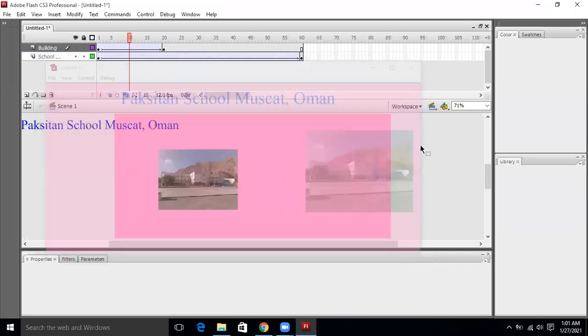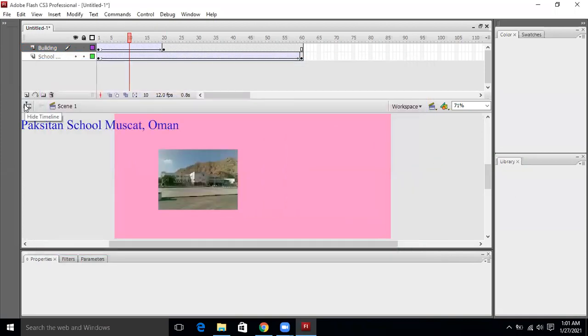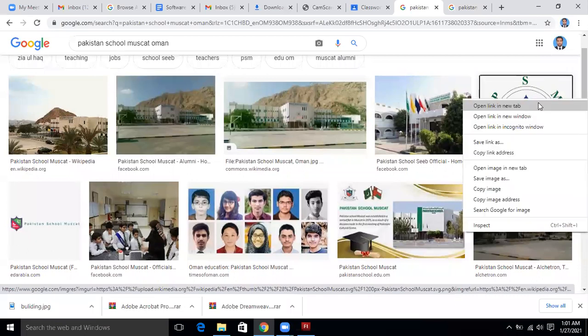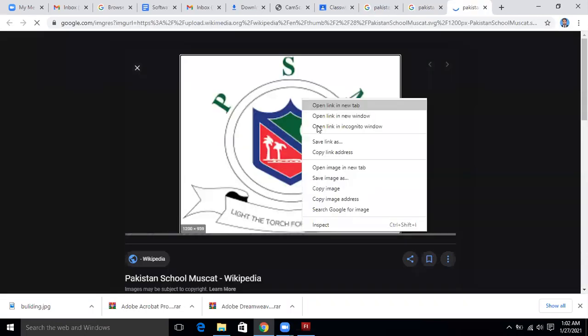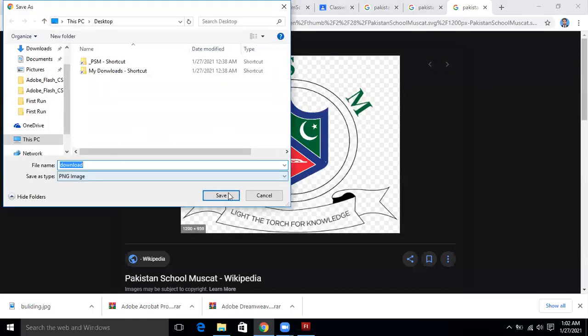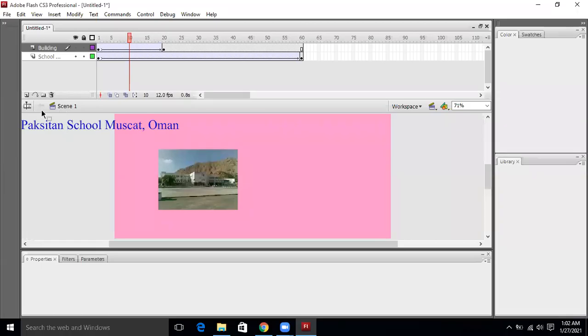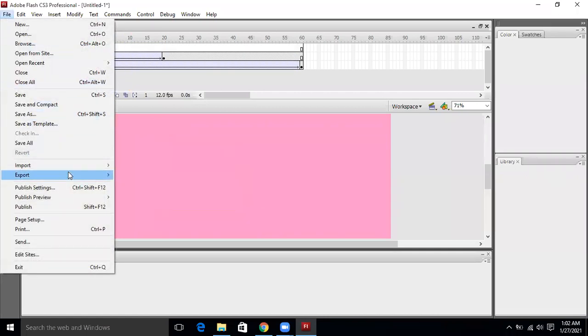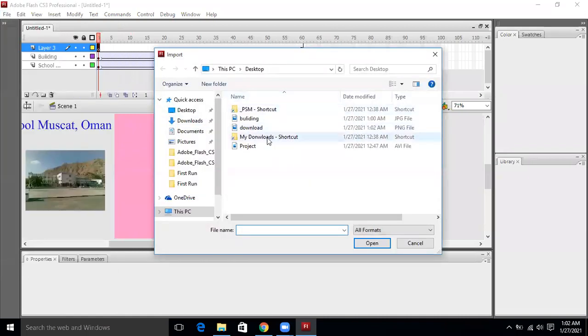Okay, so what we can do, we can insert in this way multiple layers and multiple types of images relevant to the banner. For example, the logo of PSM, if we find out the logo, we can take the logo as well. Let's suppose take this example, we can take this image. So you can find out any good image. I take one more layer over here, take 1 or 2 or 3 layer, these are max when your work will become accomplished. Import to stage.